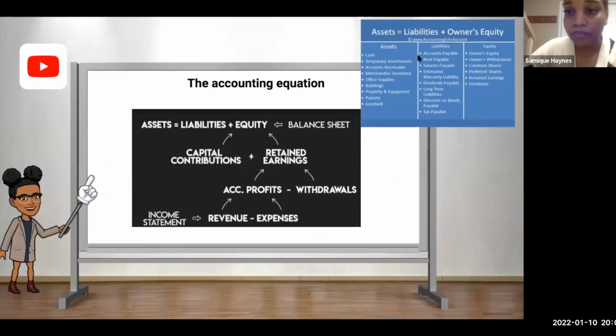Okay. So here, if you can see, there's a small list of accounts here. So under assets, we see the cash, accounts receivable, buildings. There are some current assets, means that they're short-term assets, means that we expect to liquidate them into cash within 1 year. Long-term assets, that means that we expect to hold on to these assets for longer than a year, like a building or a vehicle, right?